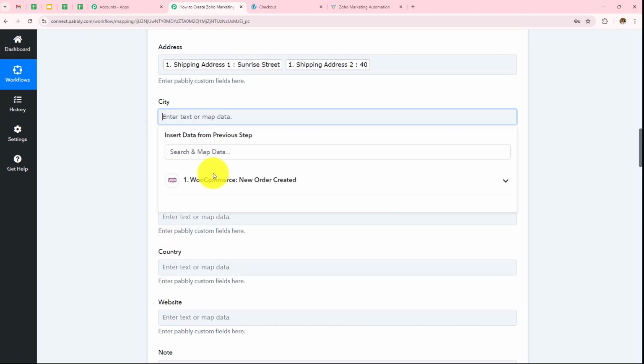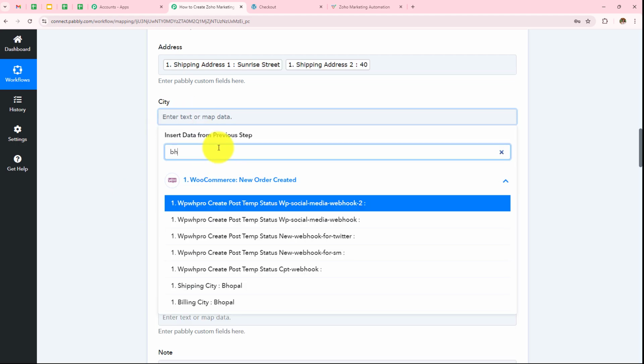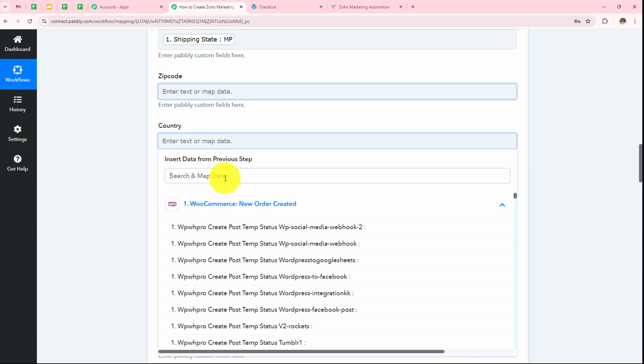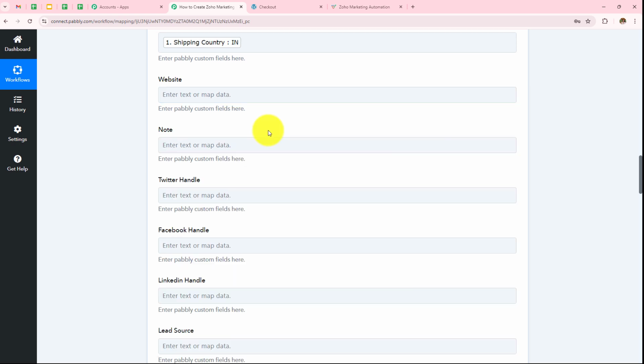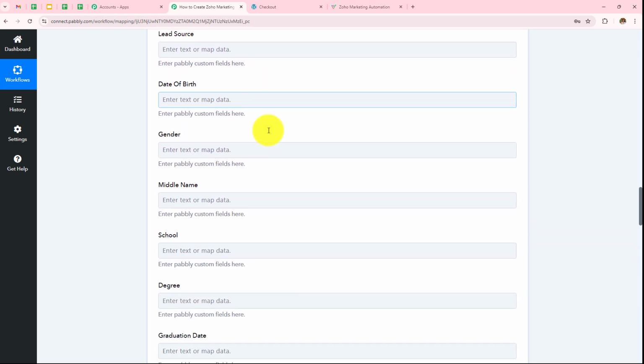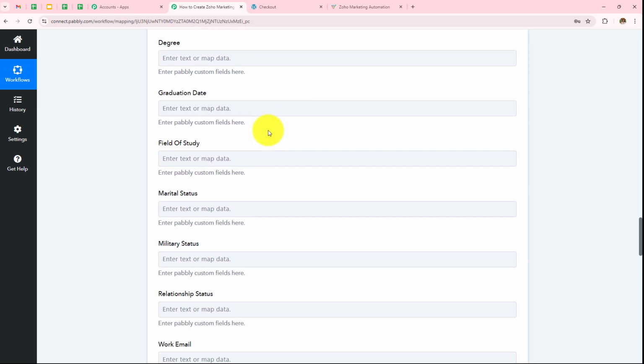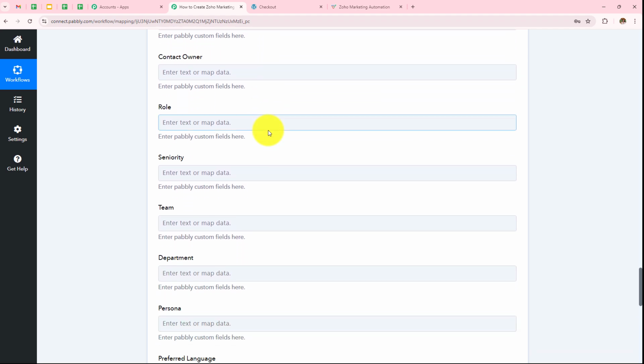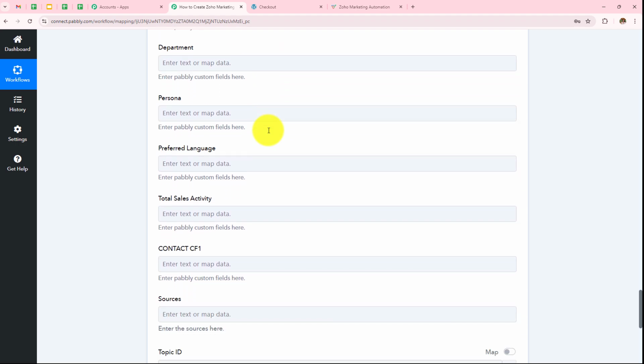And then the city as Bhopal and then my state as Madhya Pradesh and then the country and then I'm leaving all these fields blank because these are not required one and I have not received any response for these fields. But if you have these in your form, you can enter following the same process.